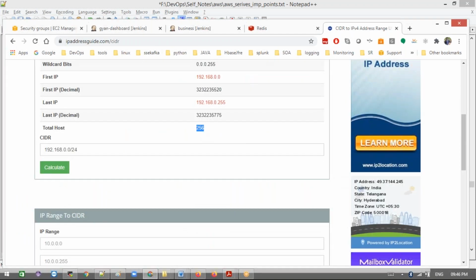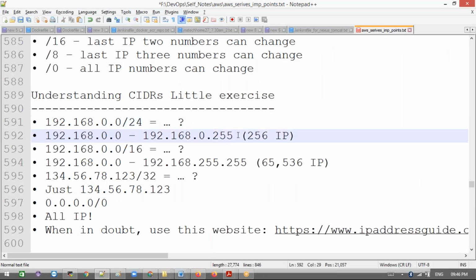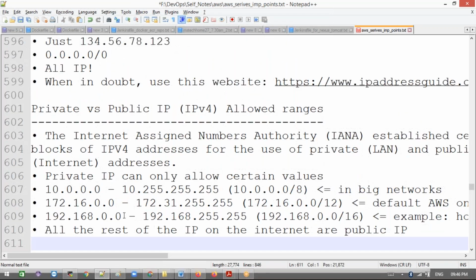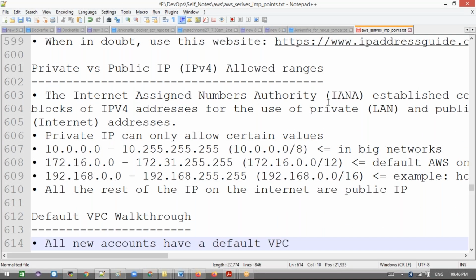256, okay, 256. This one. And the next is the 16. 16 means like 65,536. Okay, and next 32 means that is for only one IP. All IP. Okay, they'll ask exam questions kind of. The Internet Assigned Numbers Authority, like I established,